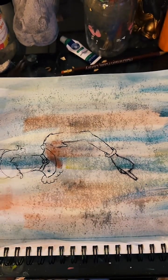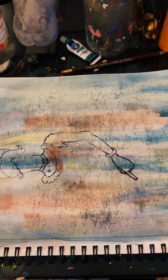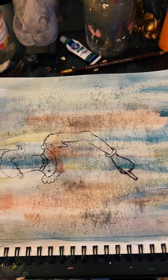I'm in love with them now, like I used to be with acrylics. You know, I'm doing it with watercolors, but I like the effect of watercolors as the underpainting and acrylics for